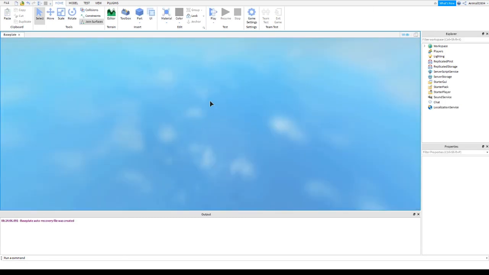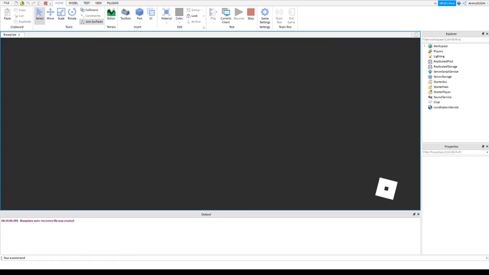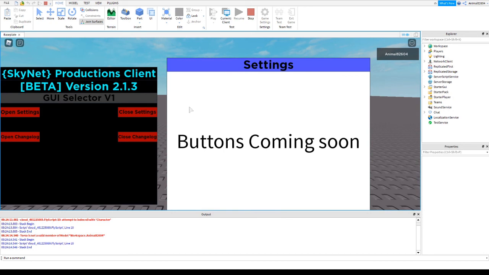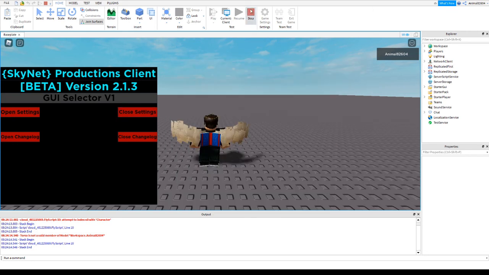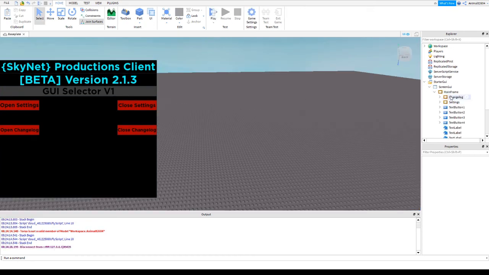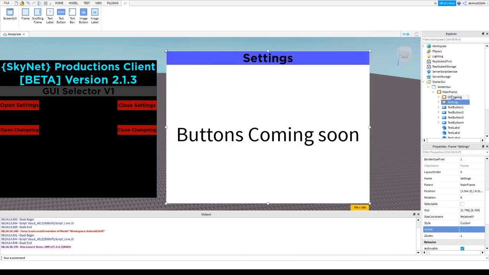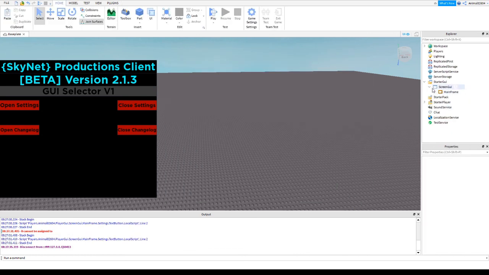Some people have actually wanted in their settings, like how people have made those phones, when you open it, buttons to change the color, wallpaper, change the background color. That's all easy to do with scripting, because all you have to do is the settings frame, make this visible. But anyway, I do hope you did enjoy this tutorial on how to